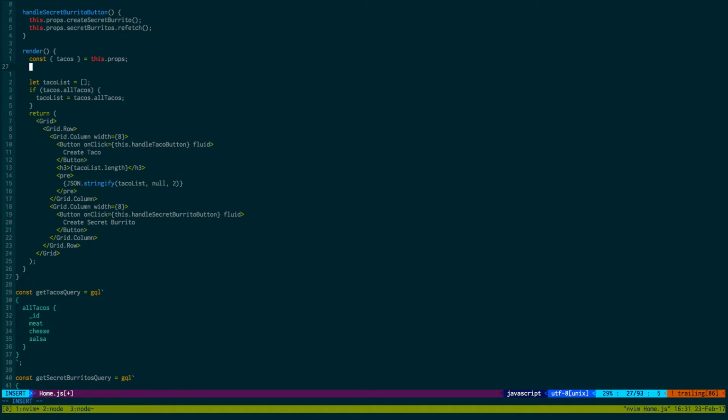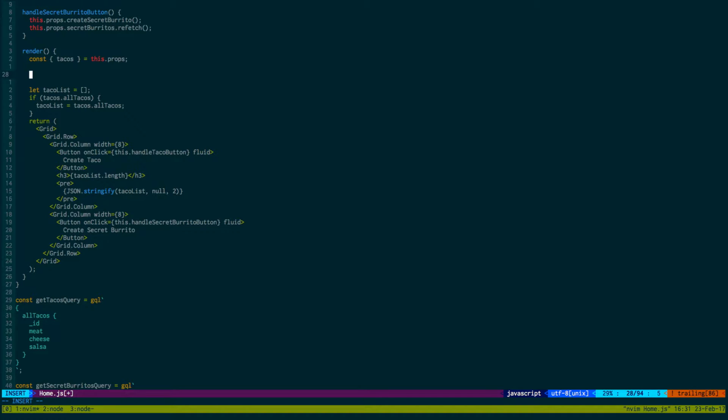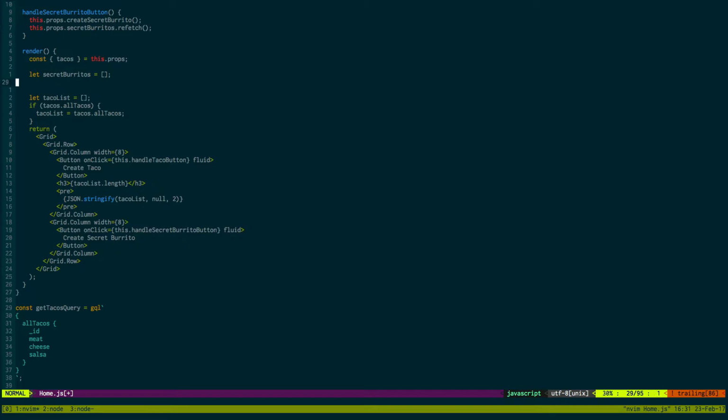Now that we have it, we can add it to our view. So we come back up here, we can say let secret burritos is equal to an empty array, and then we're just going to do the same exact thing. Oh, and we also need to get this from our props, so secret burritos. Oops, we need to call this secret burritos list then. So secret burritos